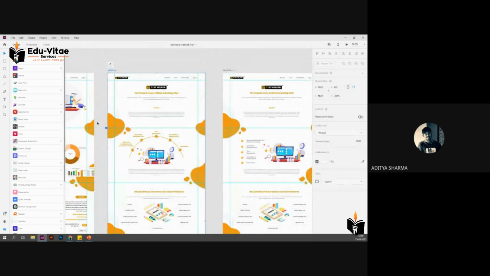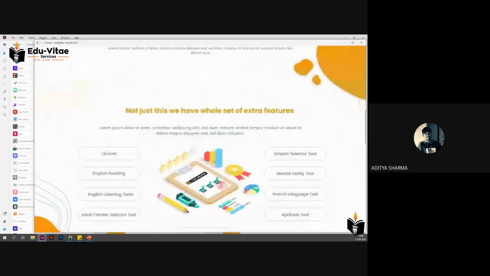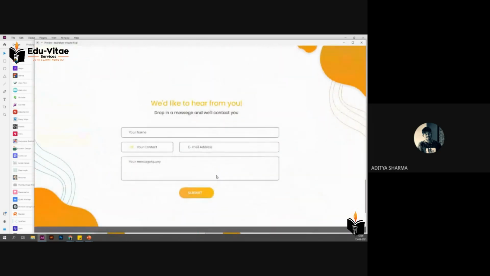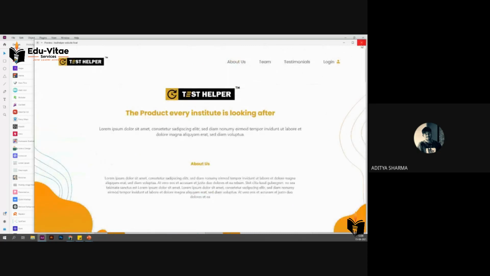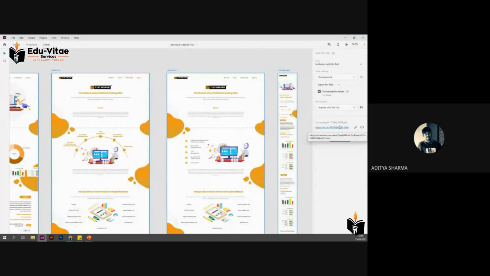Suppose this is the screen that I've made. As a prototype, it would look something like this. This is the actual website design that I did, a very basic website, and there was a more improved version of this as well. Now if I go to share, you are seeing this link, and the view setting is in development, with downloadable assets. So if I click on this,